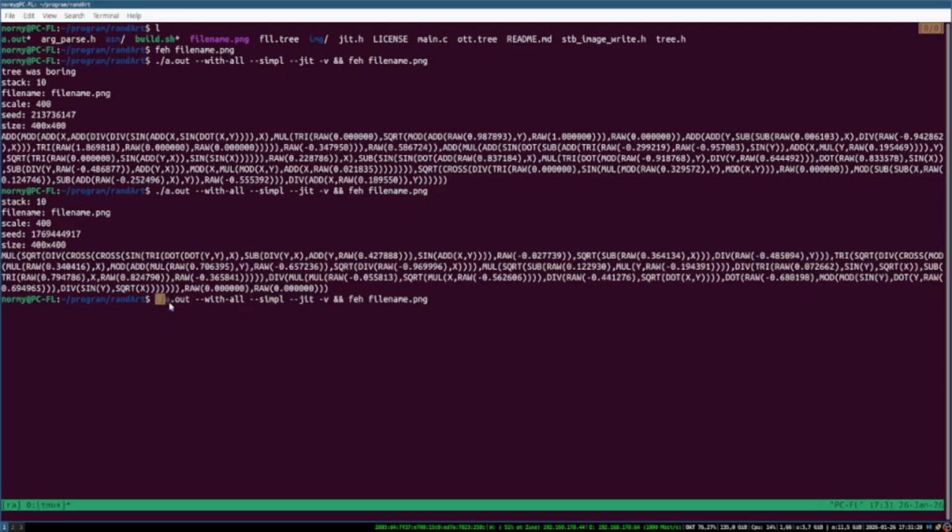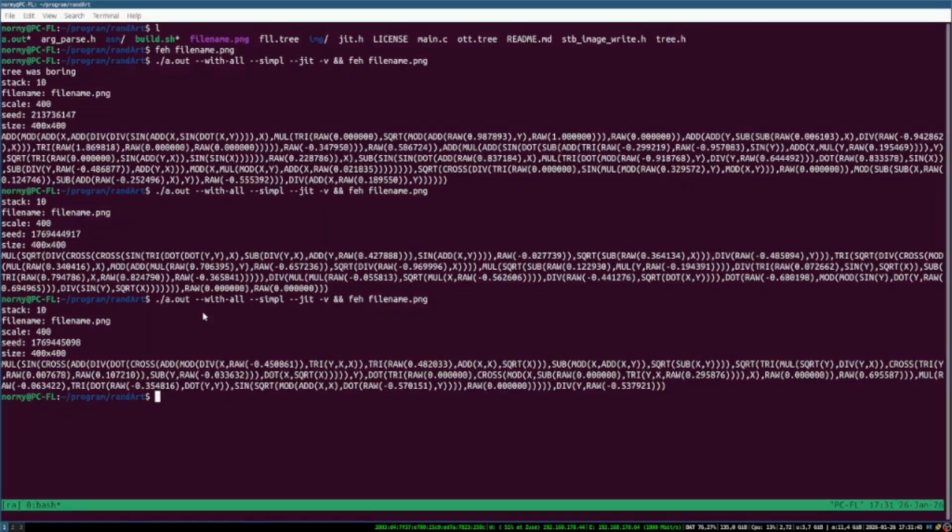So I've created a program that specifies that the image shall be interesting and the tree can be simplified, and then with all of that information, we can JIT compile the tree to make it run faster and on the native hardware. To show this is a completely randomly generated image,